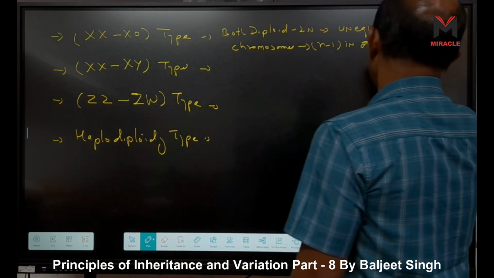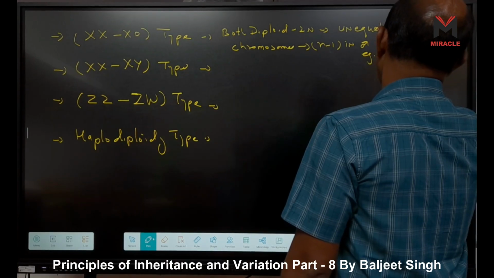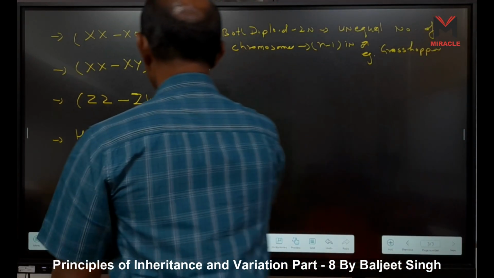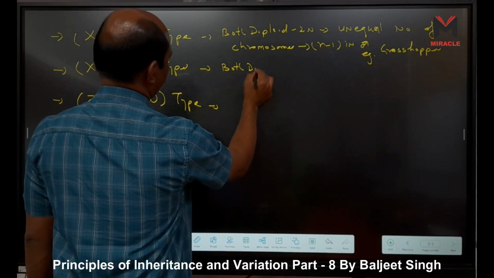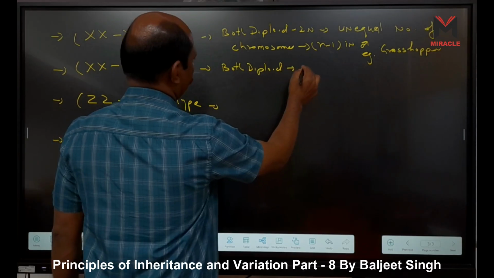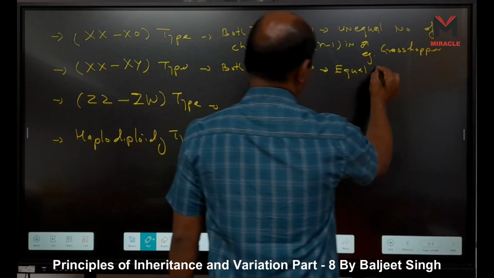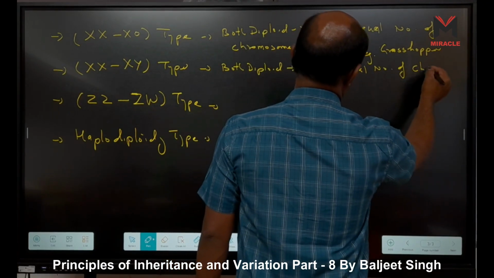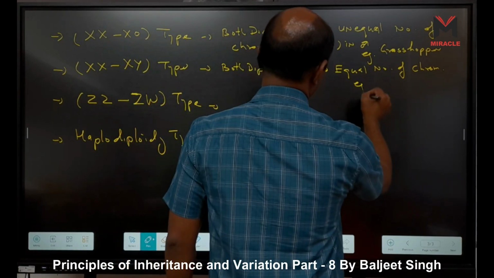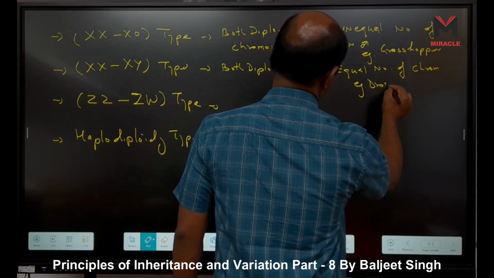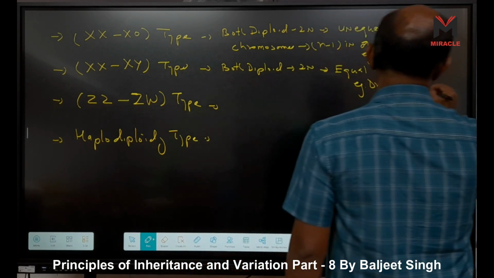For example, grasshopper. Second is XX and XY type. It is both diploid, 2n, equal number of chromosomes. Examples are Drosophila, humans,